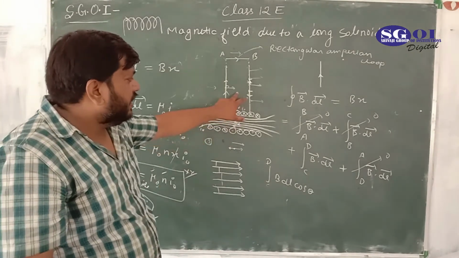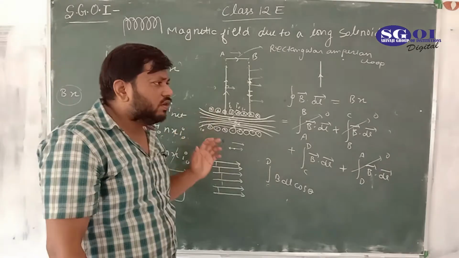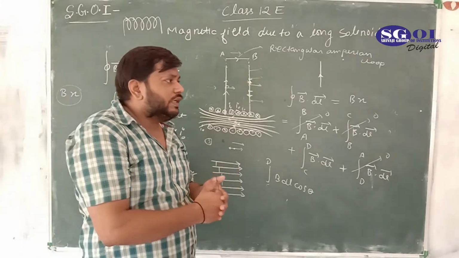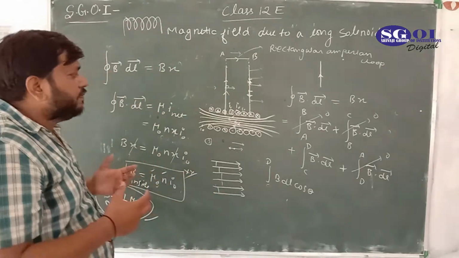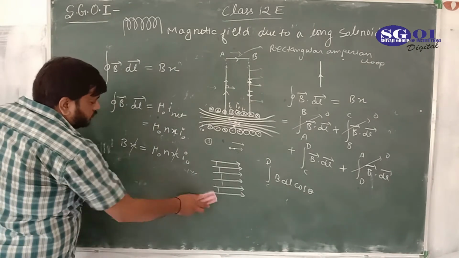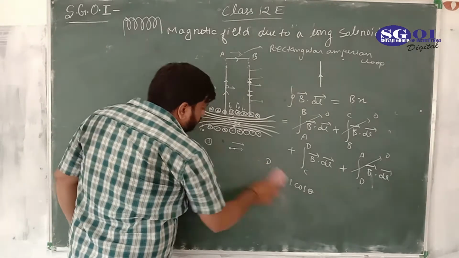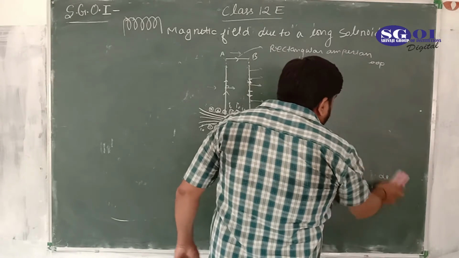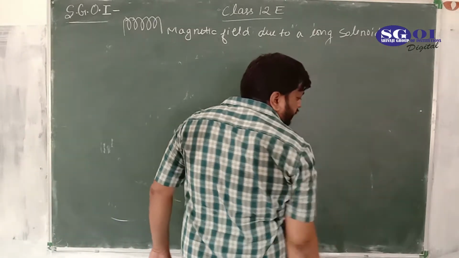But in reality, the magnitude of the magnetic field outside is something; whether it is small or not, there is a magnetic field outside. Now we are going to derive the magnitude of the magnetic field because of a structure, and that structure is called toroid. So let's start to derive the magnetic field because of a structure which is called toroid.